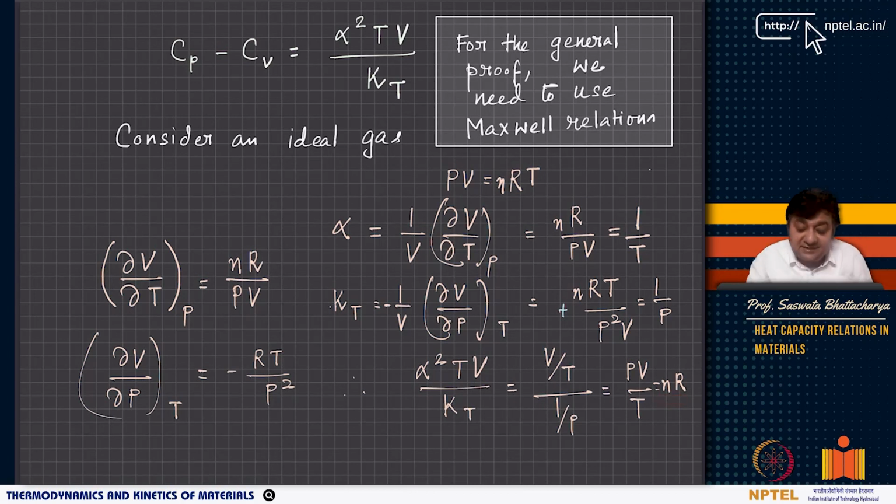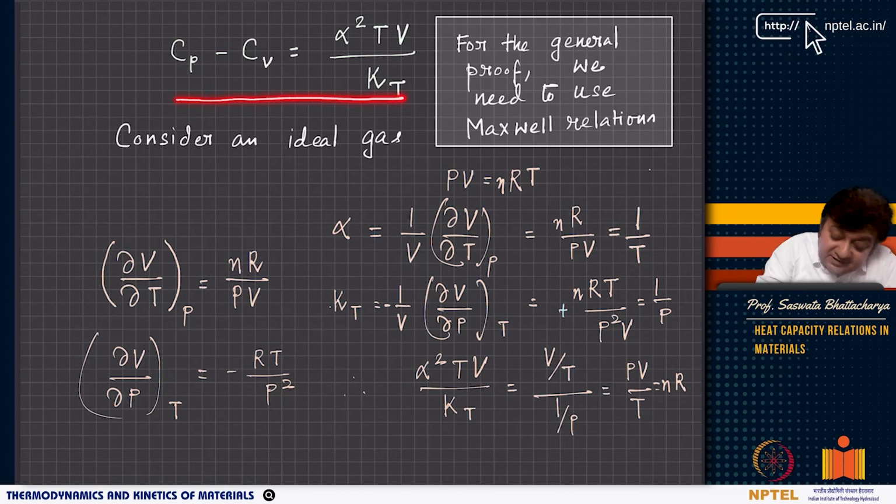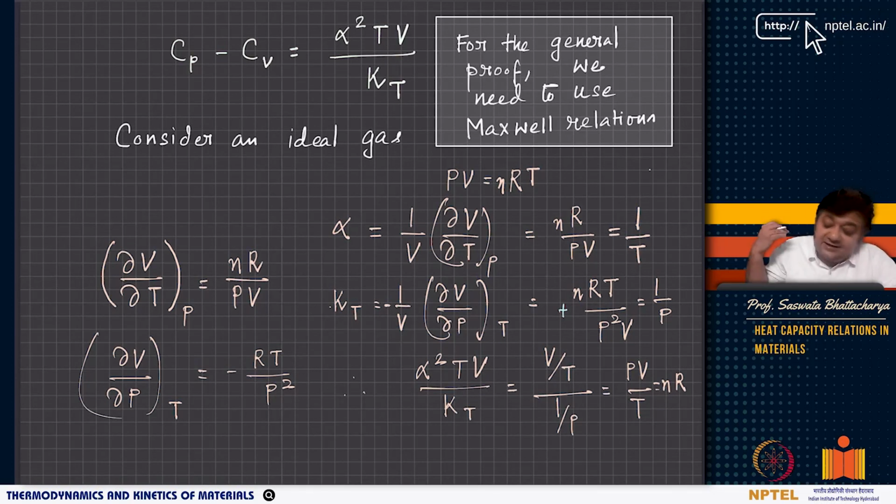Right? So you can see that this relationship definitely holds for an ideal gas, but it also holds good for any substance, whether it is liquid water, a solid like ice, or any material. Where you need to know alpha and the isothermal compressibility of the material. So let me tell you what the isothermal compressibility will be for condensed phases.